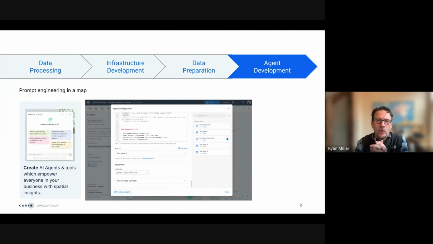You also have the ability to bring in tools, and I'll talk a little bit about that in the next couple of slides. These are the capabilities the agent has access to for different types of operations, and those could be both spatial or non-spatial operations. Obviously, we've got a model that needs to be accessed. This is where you'd say which model we want to leverage through this process, and then the types of prompts to get started. So maybe give the end user a little bit of background: here's a good place to start. How do you get going with the interaction with the end user, and we'll see that here in a second.